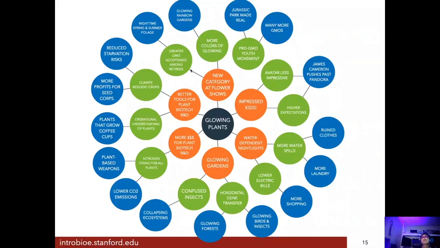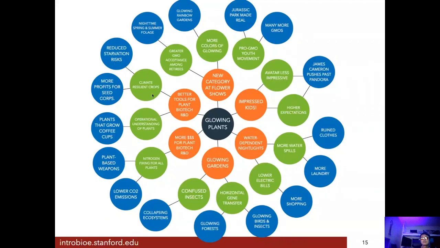And let's see, more flower show stuff. So who participates in flower shows? I don't have time for that. Maybe there'll be greater GMO acceptance among retirees. Like I might enjoy a flower show if I ever retire. And if that's happening, maybe this all comes together and instead of like fall foliage in Vermont or wherever where the leaves change color, maybe we have nighttime foliage where there's different glows of plants. It's not in the fall, it's in the spring and the summer. So you go out at night and people's hillsides and forests are all different colors lit up at night.